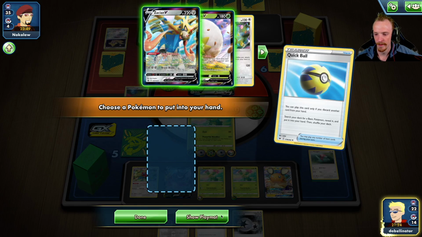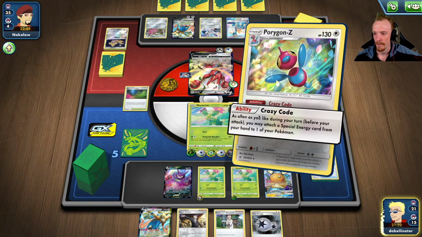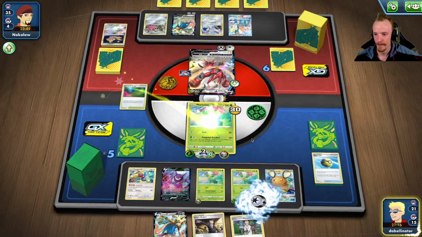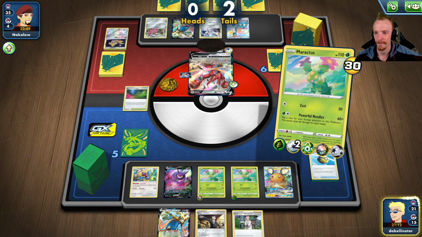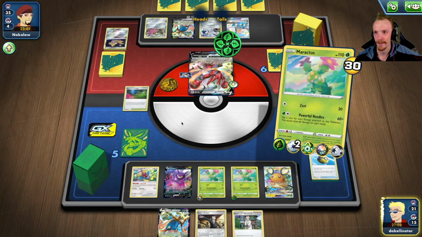So any of those that I want, we're researching the next turn. I probably don't need Zacian anymore. We'll Crazy Code this to this guy, why not? We'll just commit to it. Powerful Needles. I have no idea what I need. Should actually work it out. 2 10s, 240 essentially, so that's...